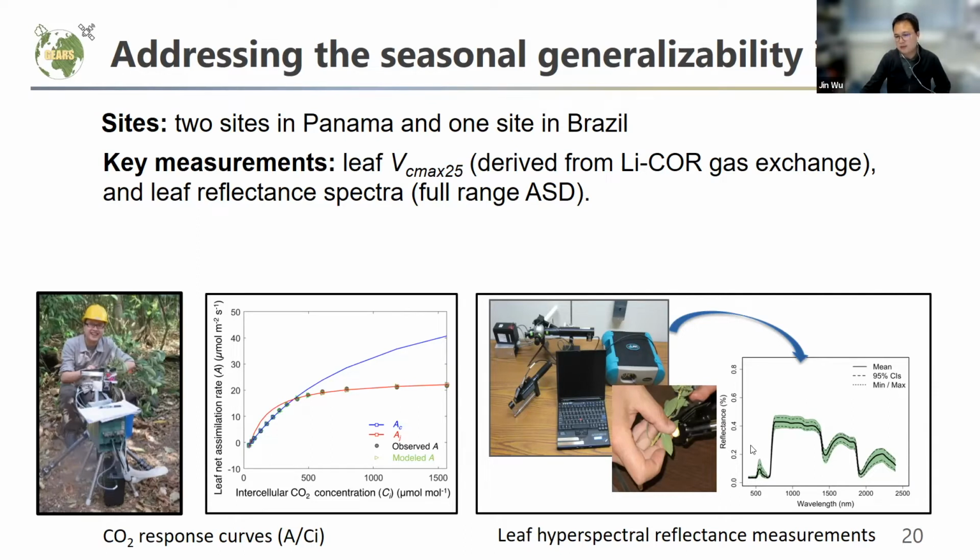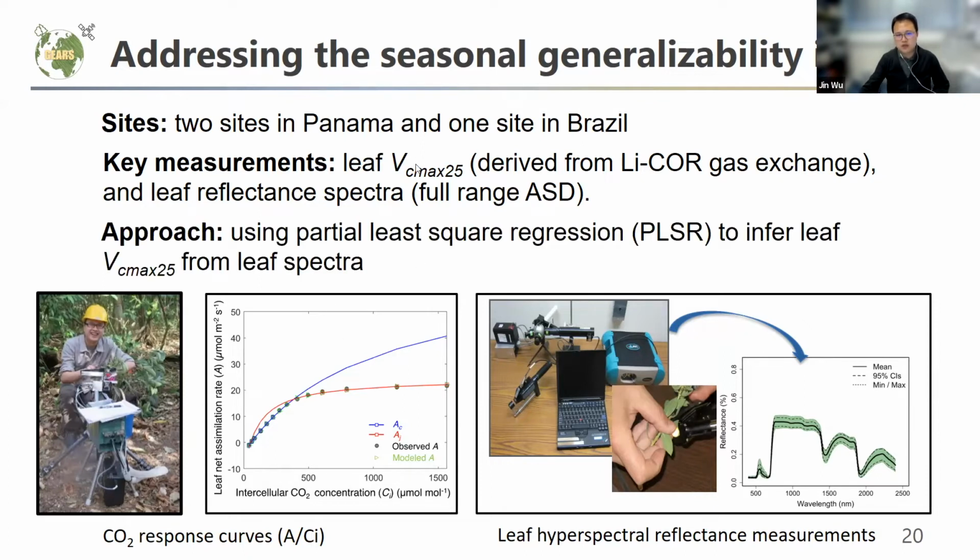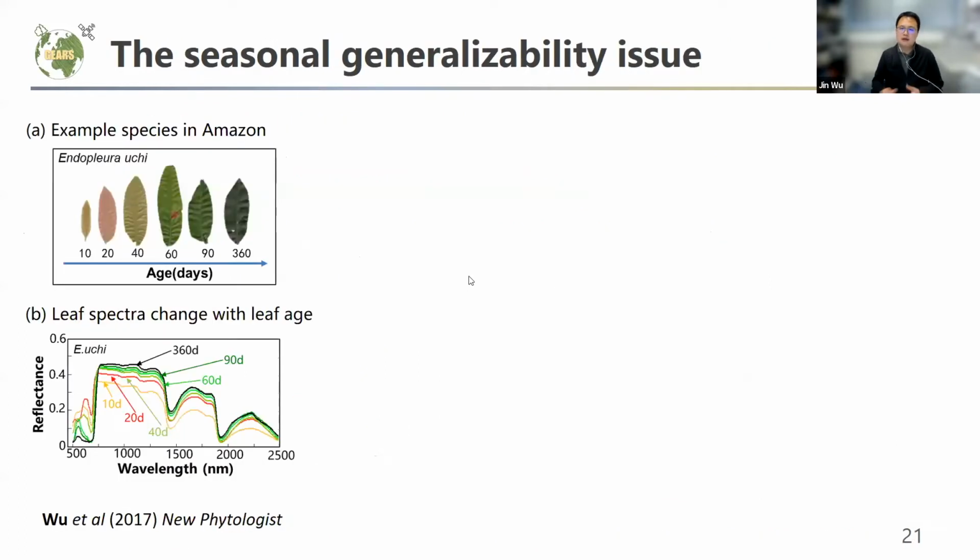So the question here is whether the hyperspectral remote sensing technique, as shown on the right panel, can replace the conventional approach or not. With the paired measurements of both the physiological trait like Vmax and the hyperspectral measurement from the field, the primary model we are using to solve this problem is the partial least squares regression approach. It's a statistical model, and if you're interested, I also have a slide I can use to explain it later on.